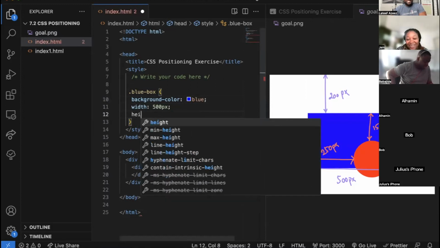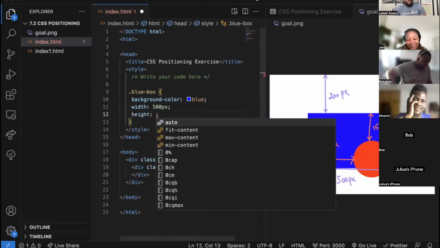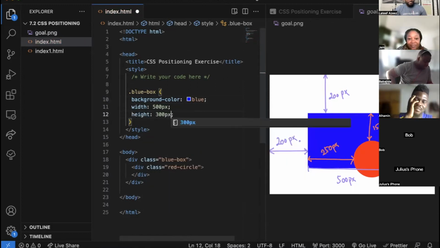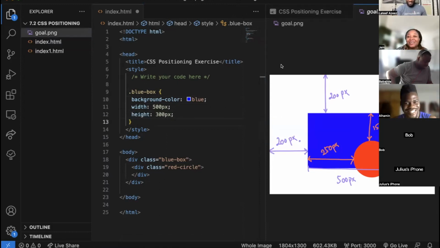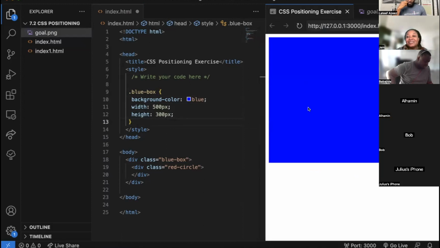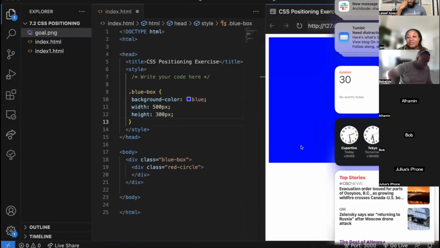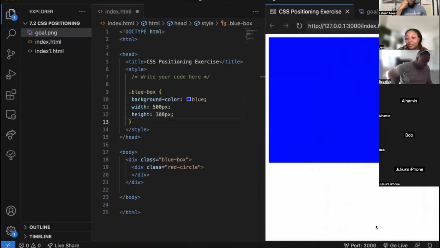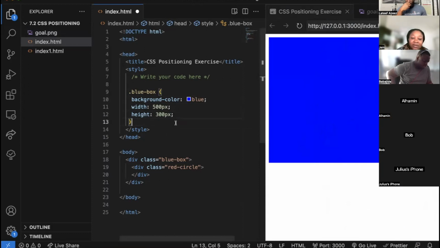We're supposed to have a height of 300 pixels. So we can go back to our page here. And so we have the box. Sorry. If I zoom it out, it will show but never mind. So now that we can see the box,